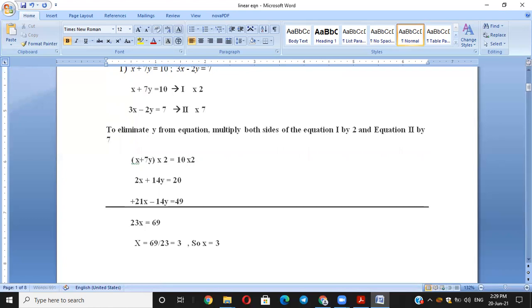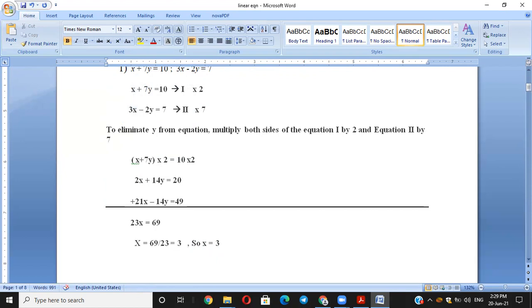Right? To find the value of y, we can either eliminate x or put the value of x in equation number 1 or 2. Anywhere in this equation number 1, the original equation. Always take the original equation. These are the original equations, and whatever equations we have written here are the changed equations from the original ones, because we have done some multiplication and eliminated the term y there. But if you want to put the value, you put the value in the original equations, that is either in 1 or 2. Okay, so let us do it.